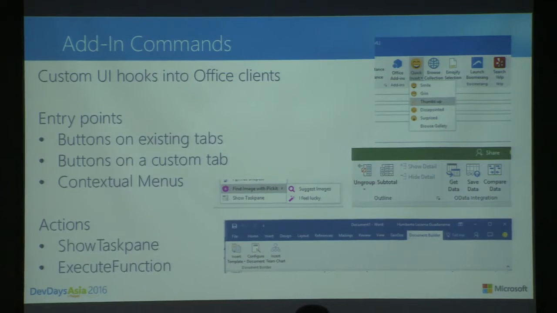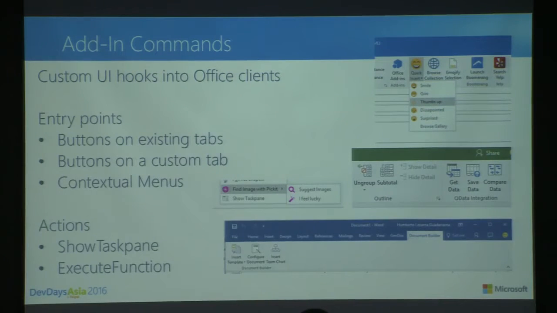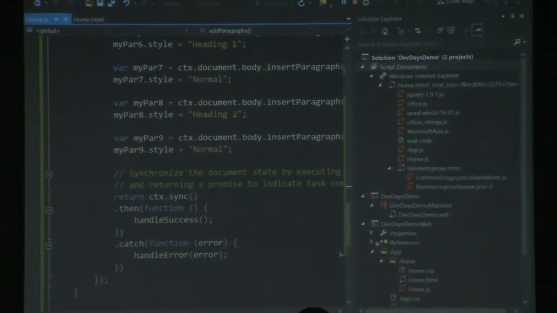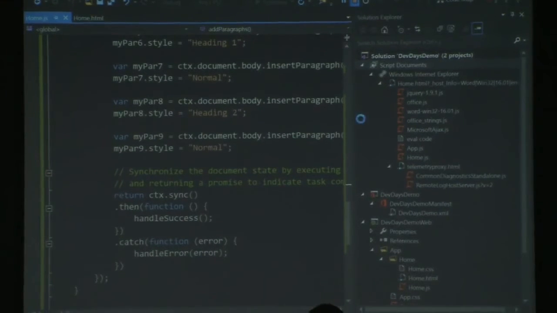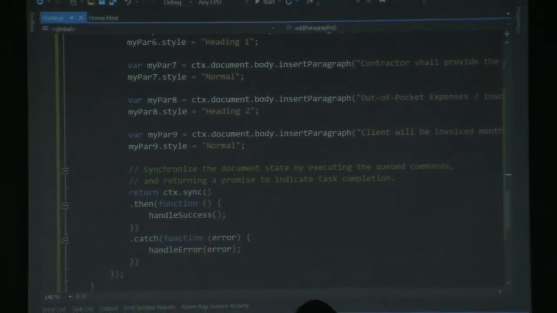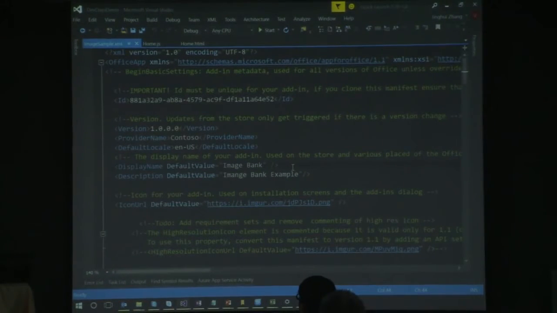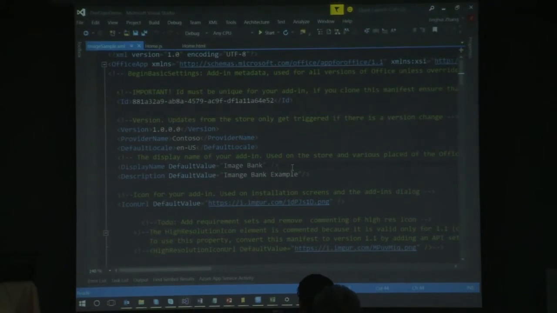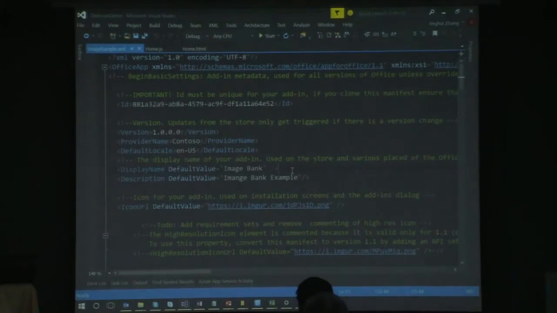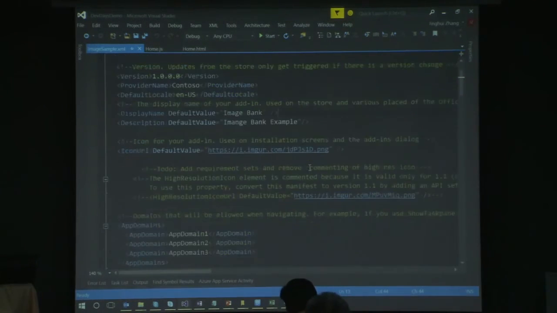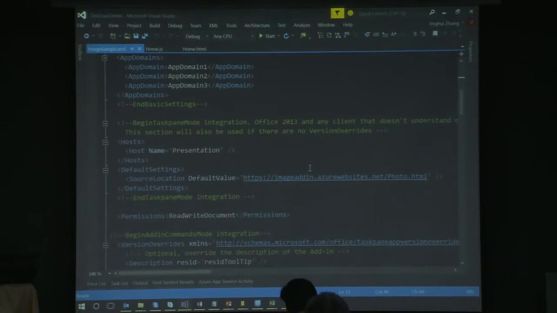I have a little demo to show you how to do the add-in command. Here is the demo we just used. And this is another demo. All you need to do is add some configuration in the manifest file. And Word can automatically show that for you. What you need to care about is just